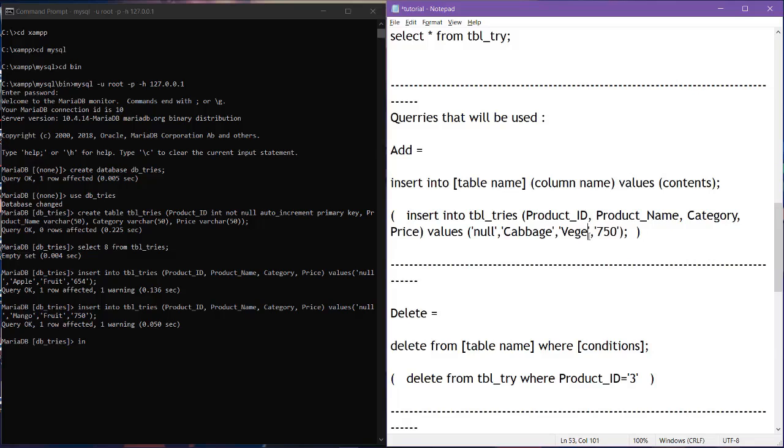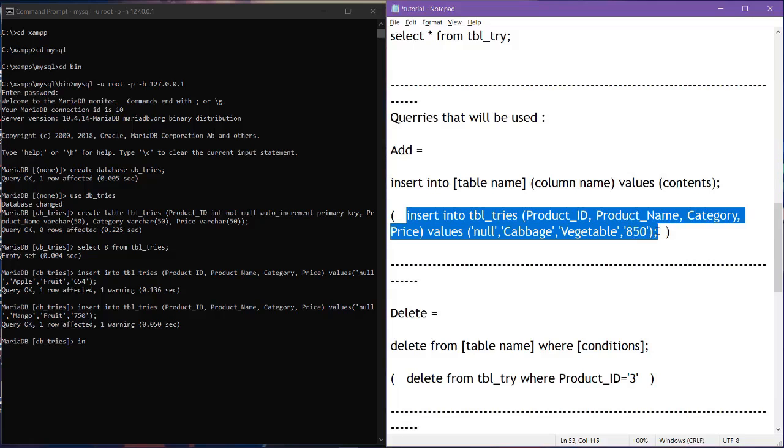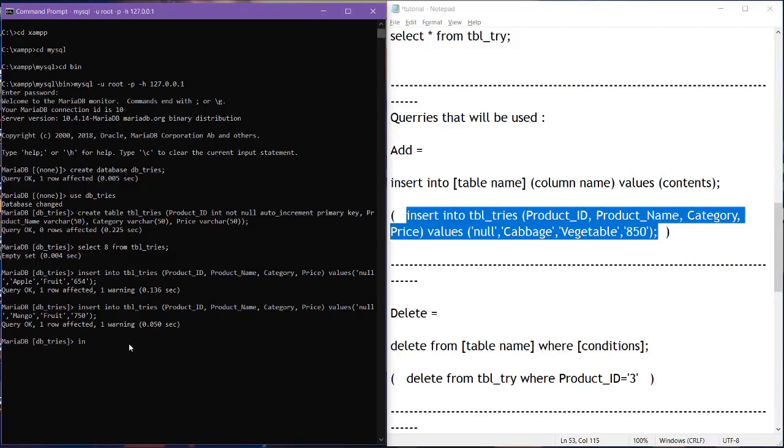We will price it into 850. Copy that. Click the command prompt, enter. One row is affected. So to check, just use select asterisk from table